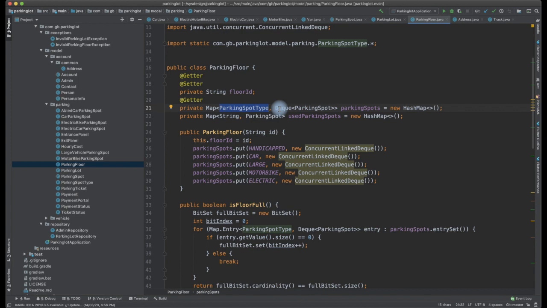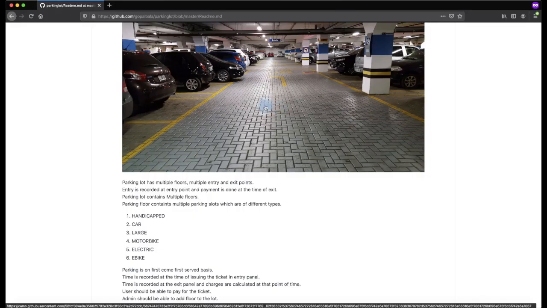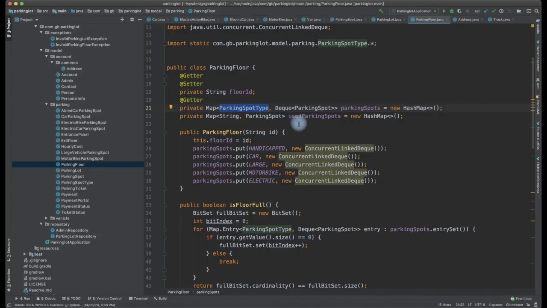But think as of now, for understanding purposes, that every floor contains a list or a map of parking spots grouped by their types, because they all exist together. All cars will be parked in a similar fashion in a particular lane, and bikes will have a separate spot. That is what we want to assume. We have a parking spot type, and a list of spots also allocated for that particular spot type.